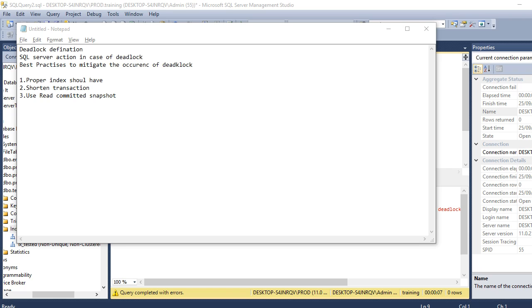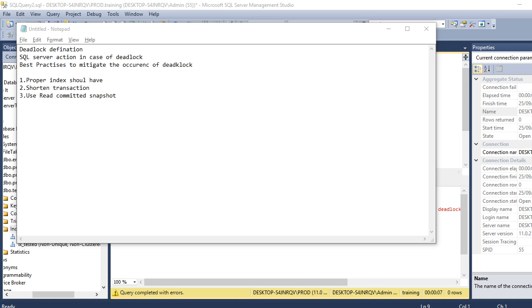So if there are two transactions, transaction A and transaction B, and transaction A is updating 5 rows and transaction B is updating 10 rows, then transaction A's work is less compared to transaction B. So SQL Server will choose transaction A to terminate. That transaction we call the deadlock victim.